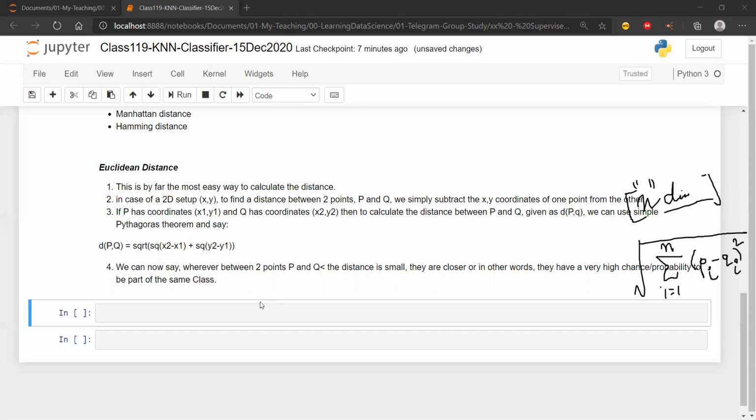So this is how we calculate the distance between the points P and Q in case of n dimensions. This is the most simple way to understand the distance. We will come to know how these distances are used.